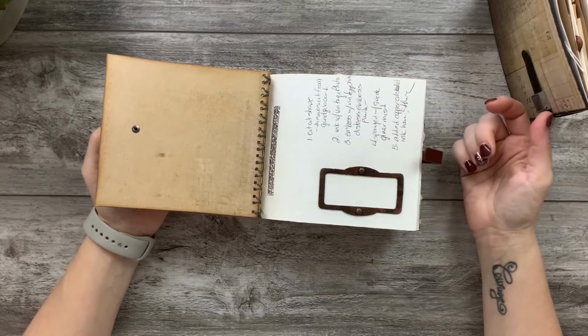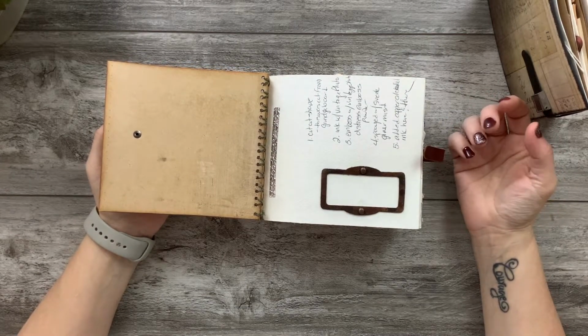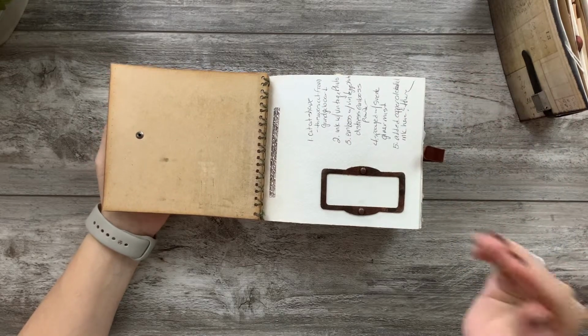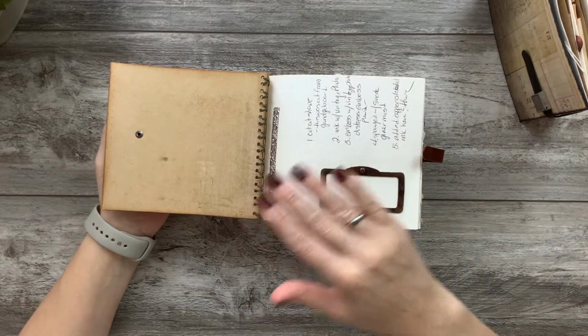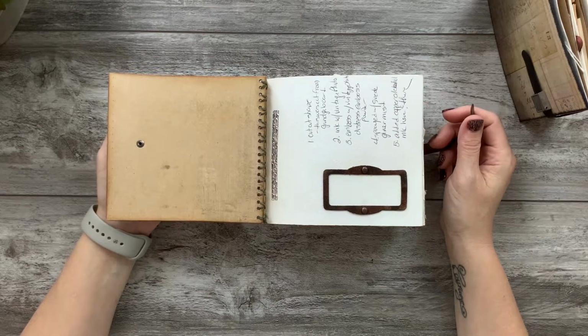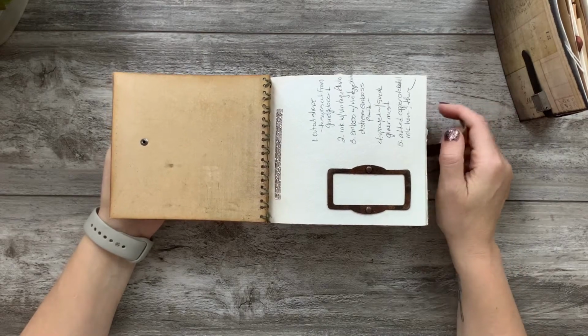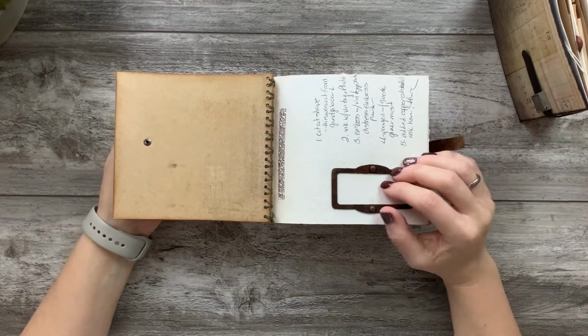And that's part of my 2020 goals, is to not feel like I have to concentrate on one project, period. Because I feel like if I try to do more than one project, I just don't do anything. And in reality, I need to just sit my butt down and do them. So like the first page